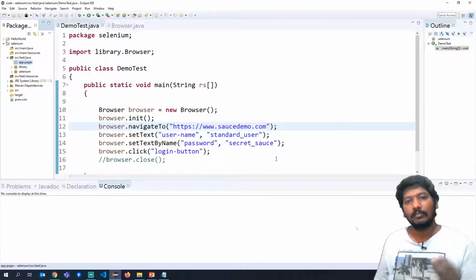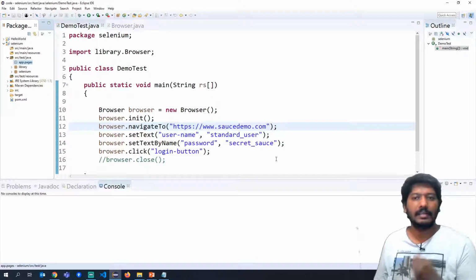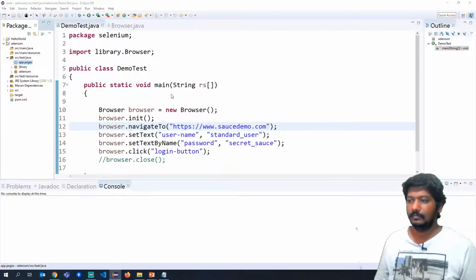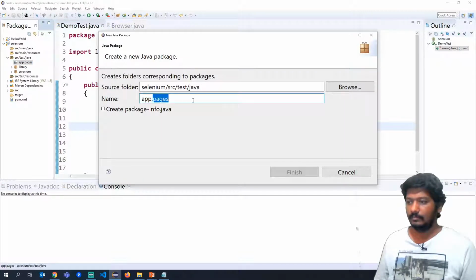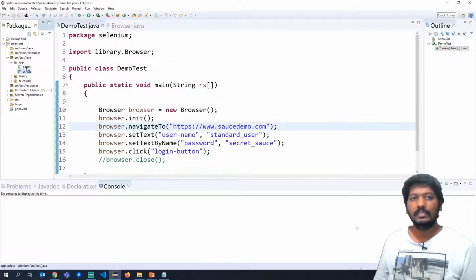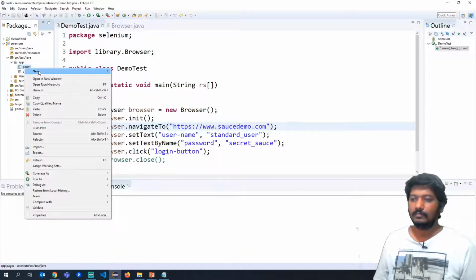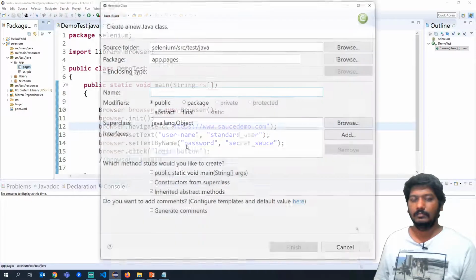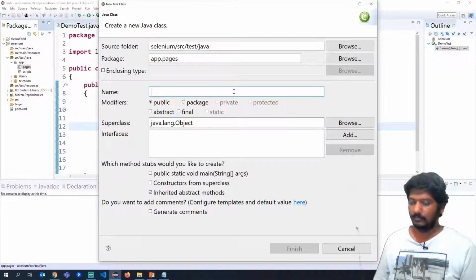Now we will also create one more package called scripts so that when we go forward, we can write all the test automation scripts in that particular package. If you see here, there are two packages that have been created under the app package. Now let's create one page object called products page.